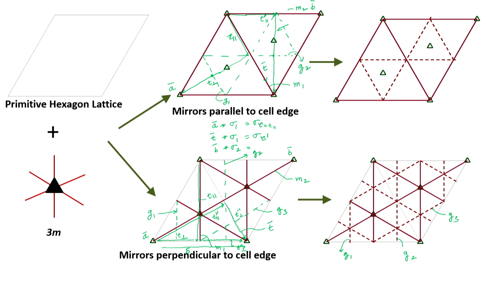Now, there is a predicament of how we give the notation. Earlier we were simply adding a primitive in case of primitive or centered in the case of centered lattice, and we would simply put the point group. But here that would mean that it should be P3m, but then it will become the same notation for both. So, in order to distinguish between the two plane groups, our notations in this case are P31m and P3m1. Now, I think this needs a bit of an explanation of the logic behind giving these two notations. So, let us very briefly look at it.